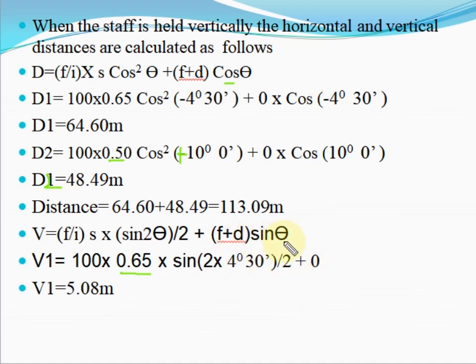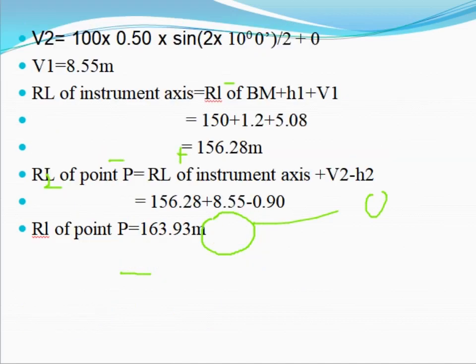We know that the sin 0 value is 0, so the value of F plus D is 0. This value is 0, that's why the total is 0. So you can get the value of V1, just calculate, V1 is 5.08. Another, V2 is equal to 100 into 0.5, that is the S2, into sin 2θ,